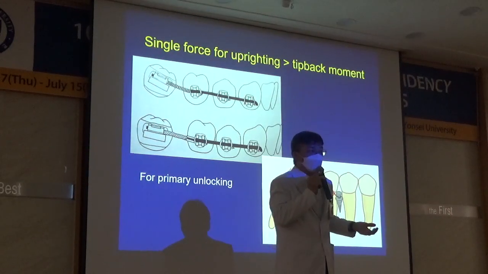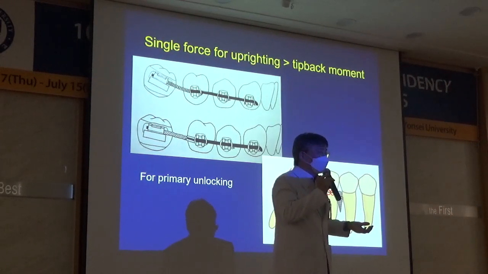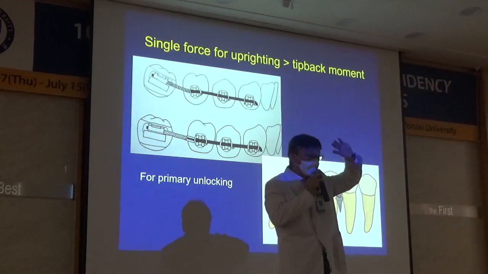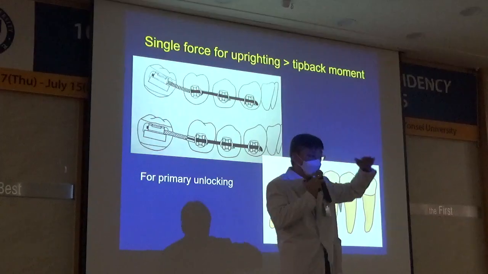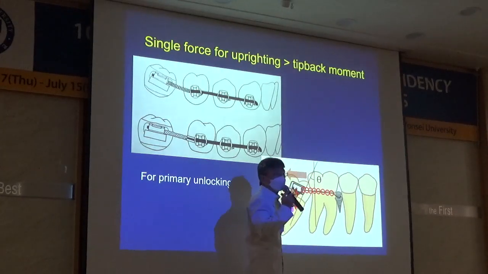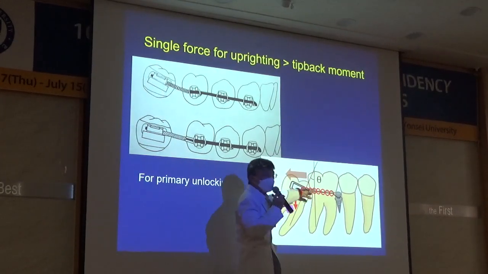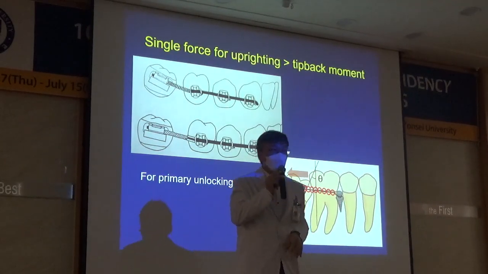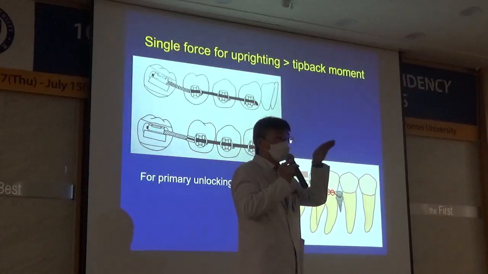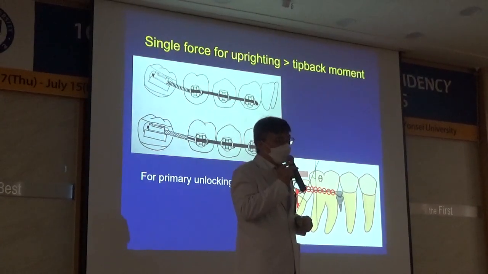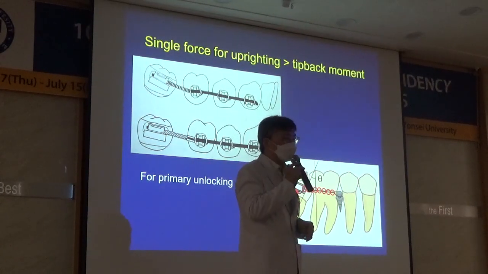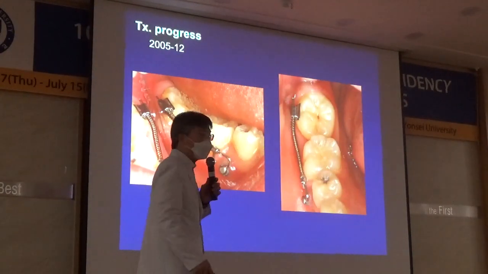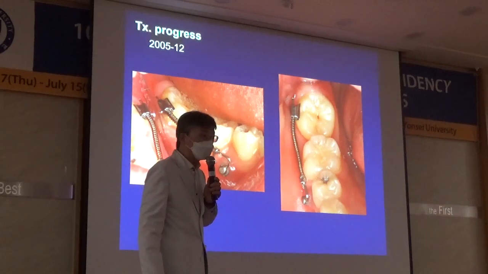This is important. But very few of you seem to draw an arrow at all times. In the panoramic view, I draw an arrow. And the distance must be at least 7 or 8, 10 millimeters. So if you give it 100 gram force, the uprighting moment would be 1,000 gram millimeter or something. That's probably good enough to cause some rotation. So this works for mild mesial angulation only, okay?